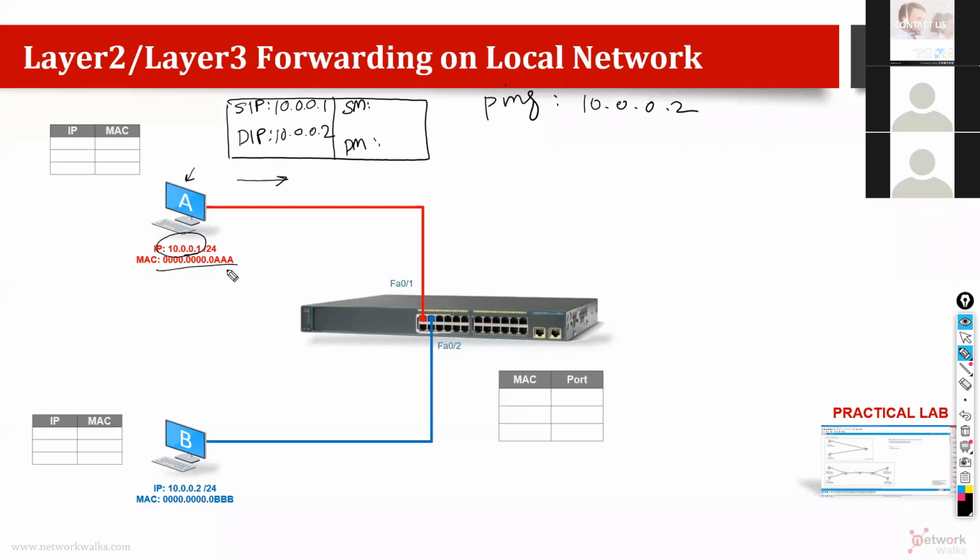Source MAC, of course, we know our own MAC address. So it is AA. I will just write AA, not so many zeros, so that you understand easily. Now, this destination MAC address, do we know? No, we don't know this one. So this is what we need to find so that we can send our layer 2 frame. To do that, first we will send a request. We will say, guys, who has this IP address? What is the MAC address of the computer which has this IP address?